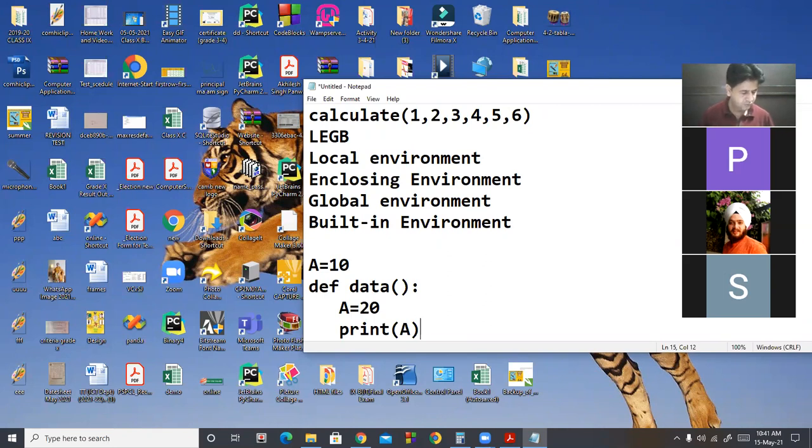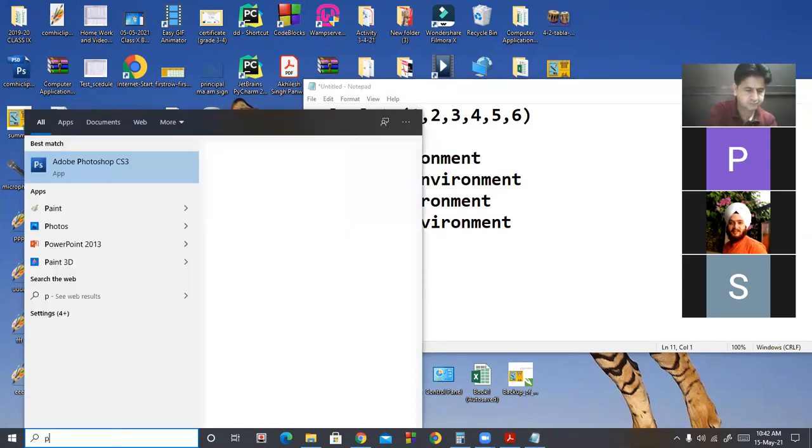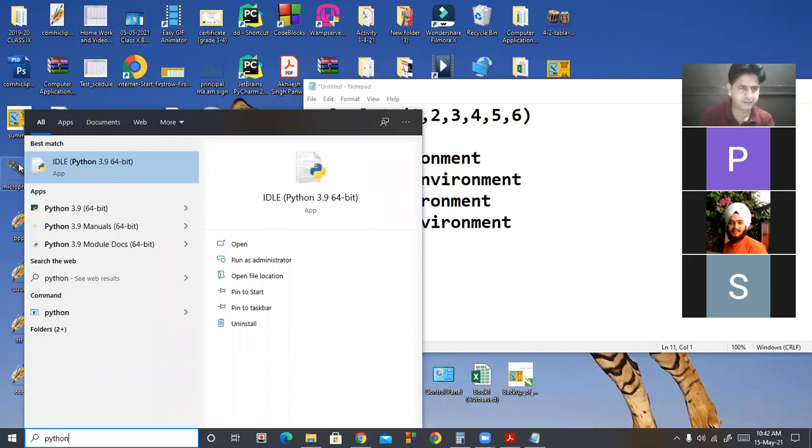Next is your enclosing environment. मैं बाकी वेरिएबल्स पहले डिक्लेयर कर देता हूँ, enclosing में I am discussing later on. थर्ड आपके पास ग्लोबल है, तो इन ग्लोबल वेरिएबल, if this variable is not there, then preference after that will be given to the global variable. Built-in variables, कुछ variables built-in होते हैं, ठीक है. जैसे, suppose I am using here Python. I am opening the Python.